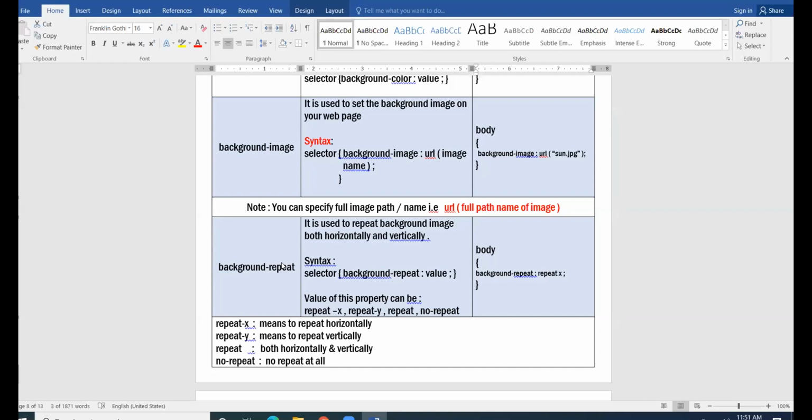It has 4 possible values. Repeat-x means to repeat horizontally. Repeat-y means to repeat vertically. Repeat means repeat both horizontally and vertically. No-repeat: you don't want any repetition of the image, so at that time you can give the value no-repeat. Right? Clear?